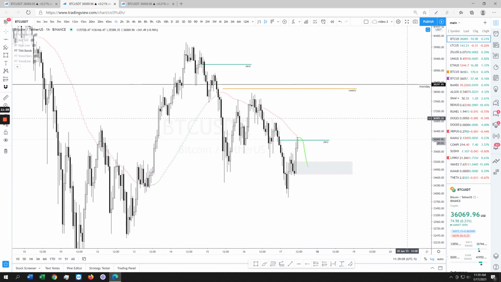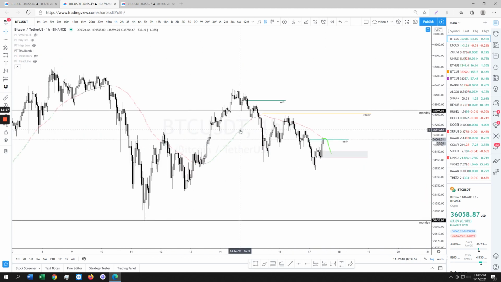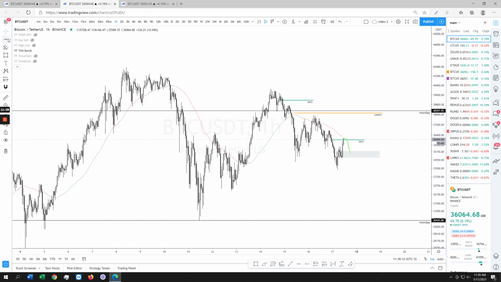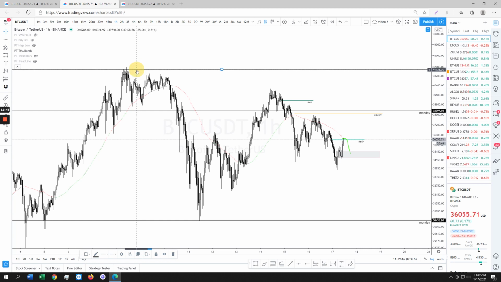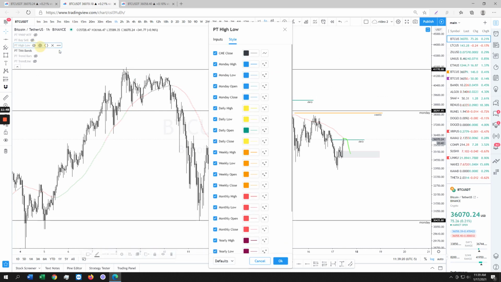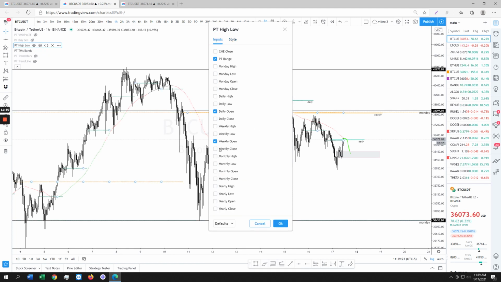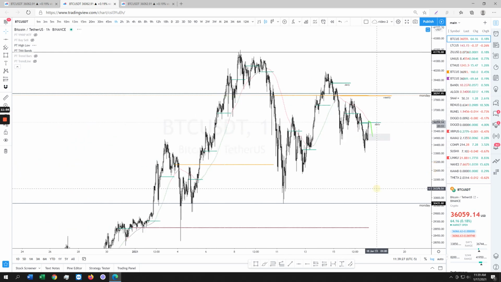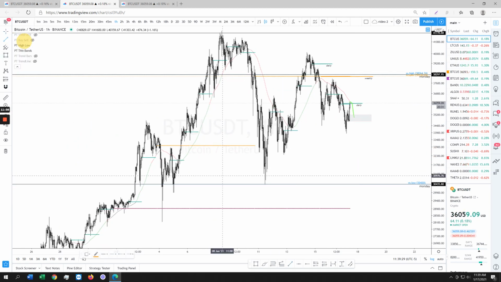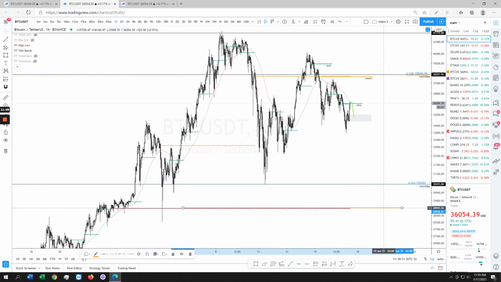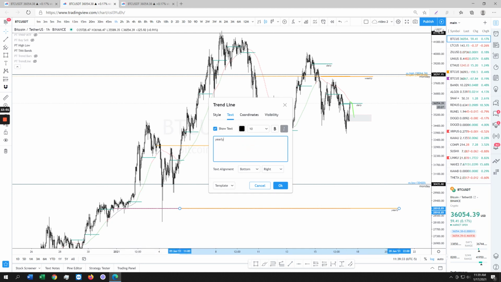All right, so that's what I'm working with, guys. I'm currently sitting in swing shorts from up here because I think that the down move is going to be massive if it takes place, right? I want to also ask you guys to put on your yearly open because it's a very important level that needs to be tapped. I think that we're going to tap it regardless if we tap it now or if we tap it in a couple of days or weeks. This level, in my eyes, will get tapped. I'm going to put this on the map, yearly.